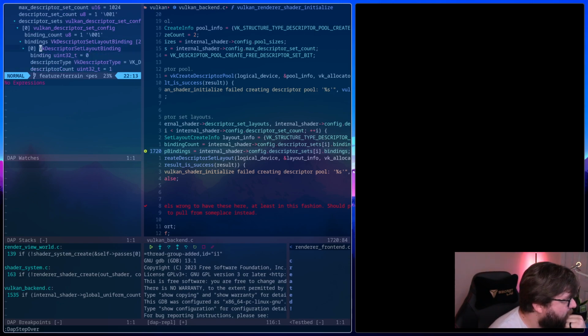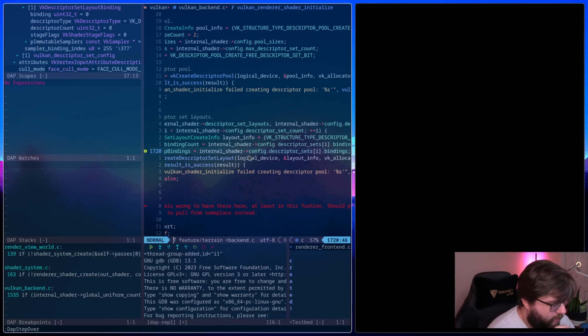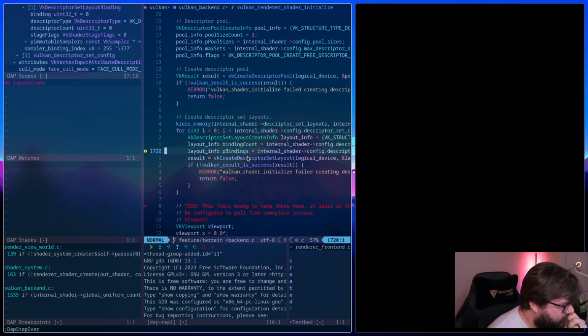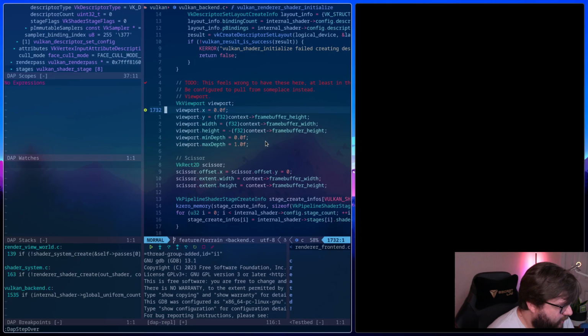The first one is going to be global uniform buffer. So we have stage flags. And then the second one is going to be the sampler, but we don't have any descriptor counts there. And then we feed that info directly to vkCreateDescriptorSetLayout. This all looks like it lines up to me.